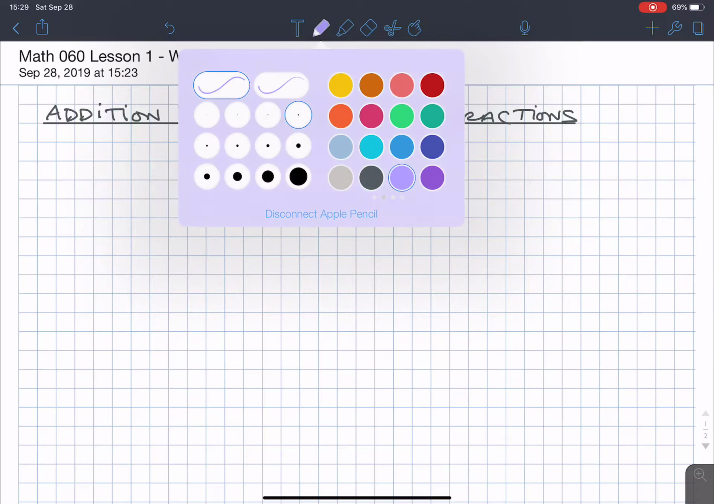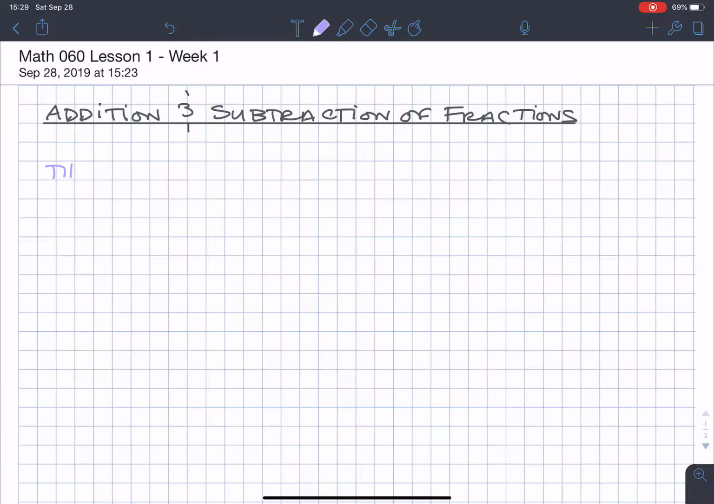Okay, so theorem, how do we add or subtract fractions? So given fraction a over b and fraction c over d, where a, b, c, and d represent any numbers, we have that